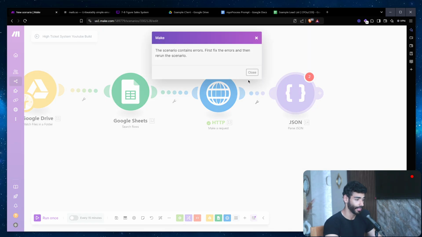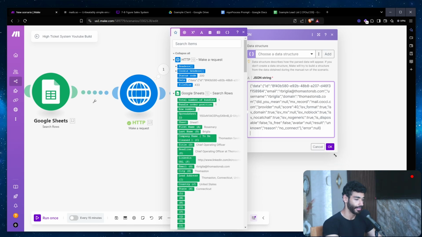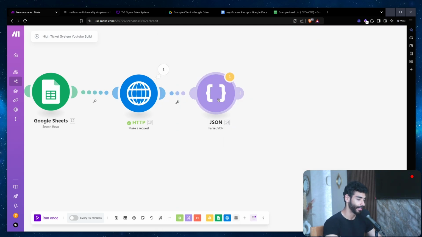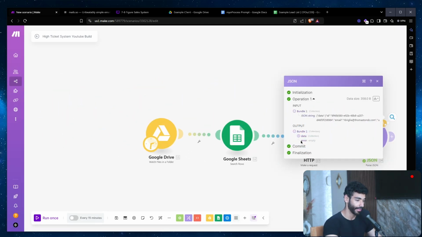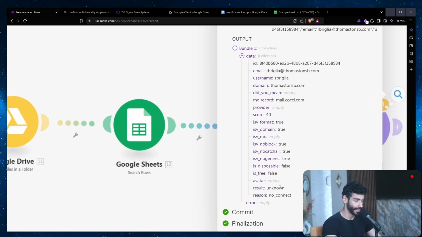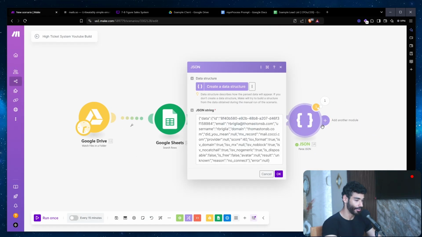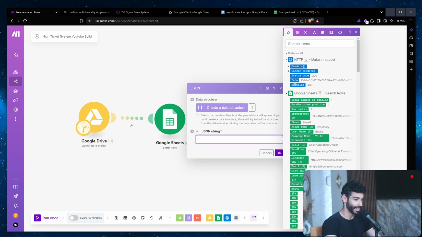Run this module only. Oh, we need to add it first. So we're just gonna add it here, and then click OK, and then we're gonna run this. And then we have the data, just like I told you guys. Data is going to be ID, email, domain. This email is not valid, so this is why we have results unknown, because no connect. So now we're gonna remove the information here and actually map the data that we have from the make request